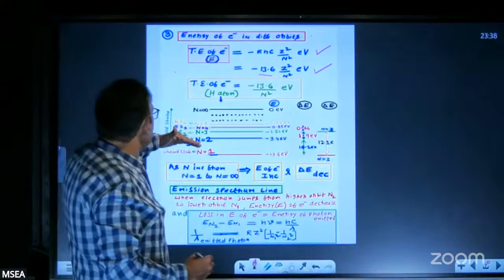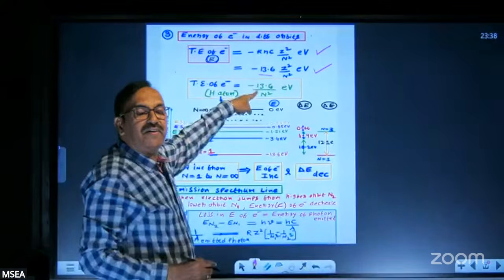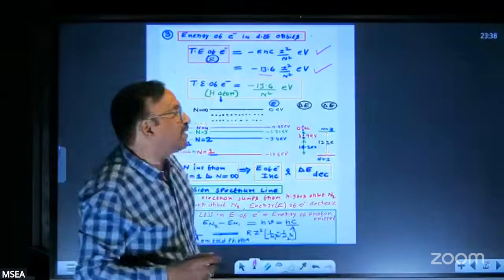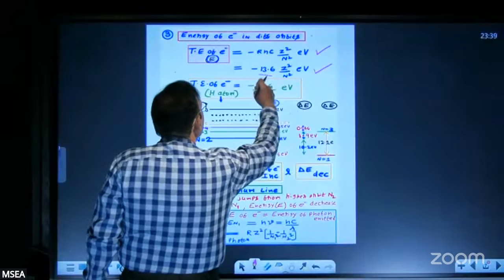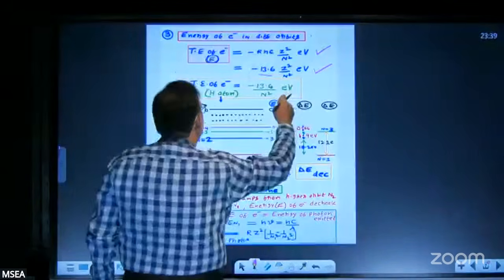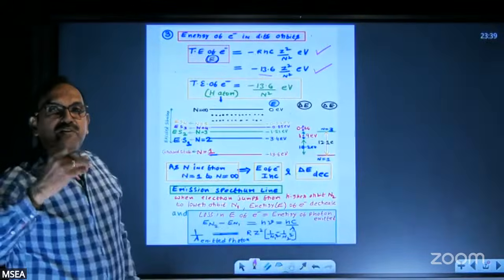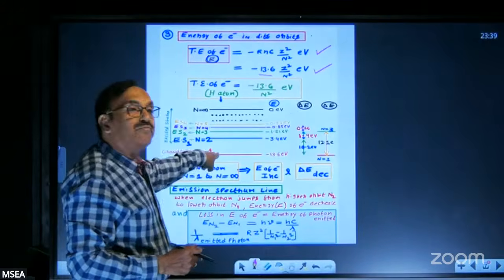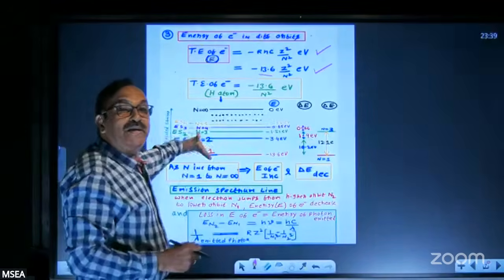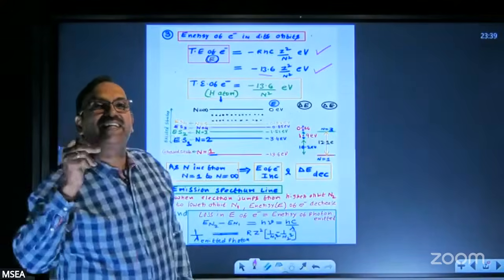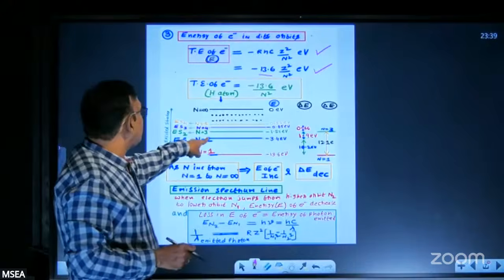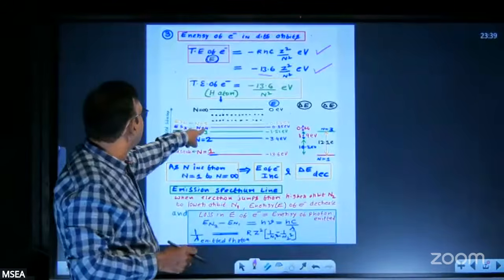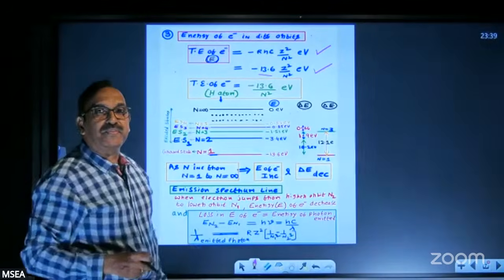Now you know what is the total energy of electron in any nth orbit. Particularly I am talking about hydrogen atom whose atomic number is 1. So put Z equal to 1, the total energy of electron is minus 13.6 by n square eV. What is the energy of electron in different orbits? When the electron is in the ground state, its orbit number is 1. Orbit numbers 2 to infinity are said to be excited states. Orbit number 2 corresponds to first excited state, as every one of you knows. Orbit number 3, second excited. Orbit number 4, third excited, and so on.